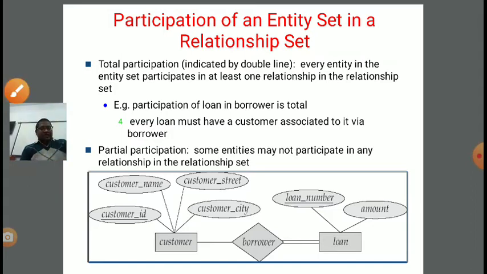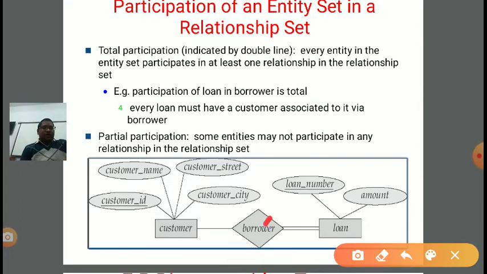So if you see in this example, there is a double line between borrower relation and loan relation. The lines are double. It means there is total participation of the loan entity in the borrower relationship. Total participation means every entity in the loan entity set participates in at least one relationship in the relationship set. Means there is no possibility where any entity from loan relation is not participating with at least one